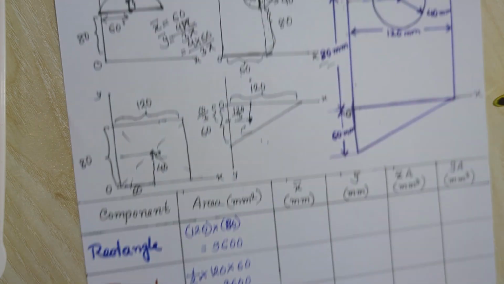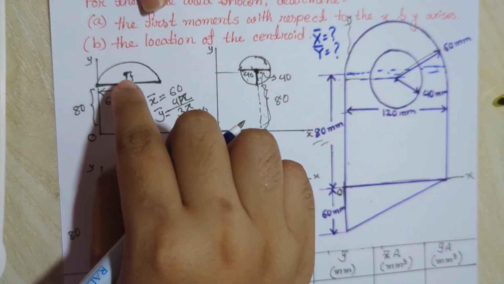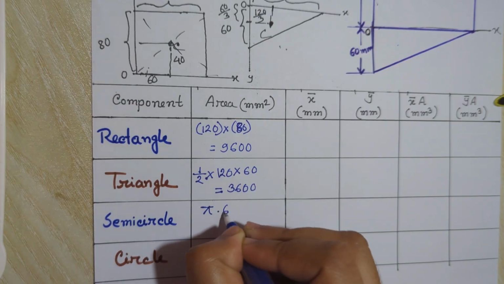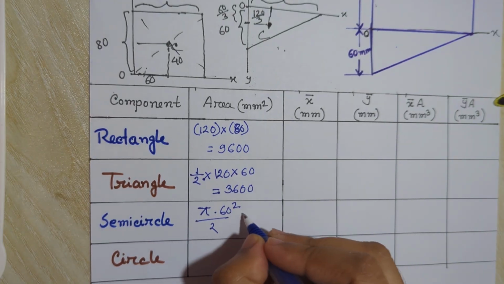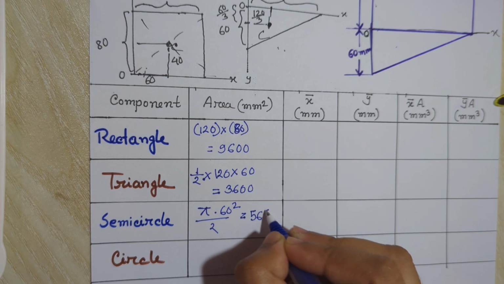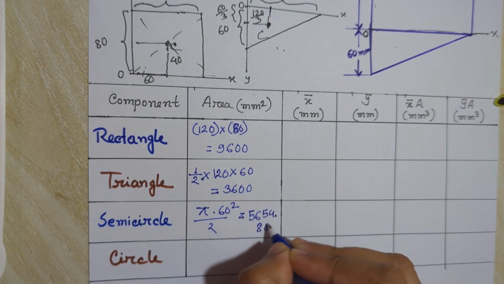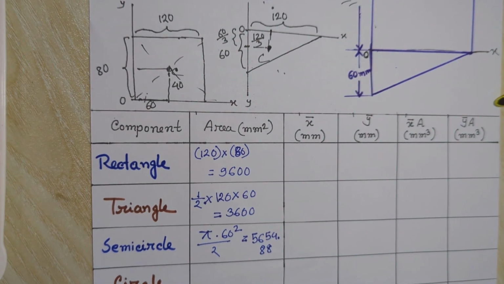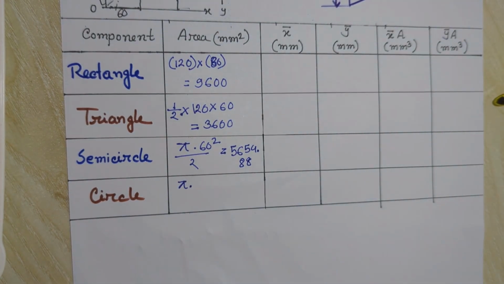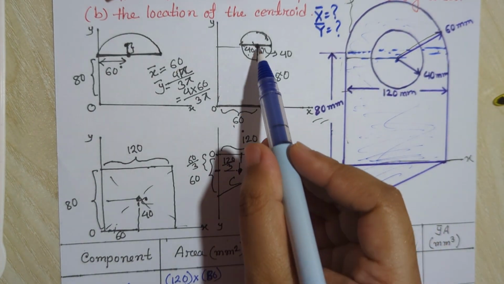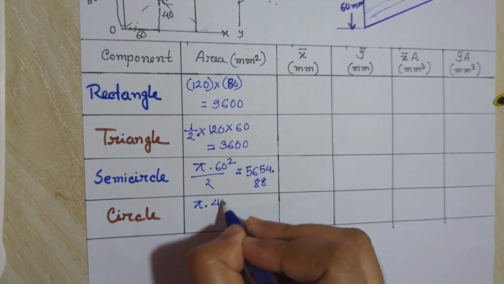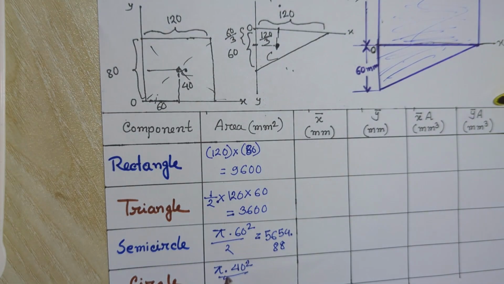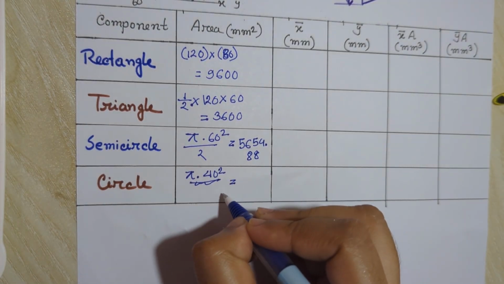And the area of the semicircle, this semicircle will be pi r square divided by 2. Here r is 60. So pi into 60 square divided by 2. This equals to 5654.88 millimeter square. And the circle, pi r square, here r is 40. Here is a full circle, so here area will be pi r square. So this equals to